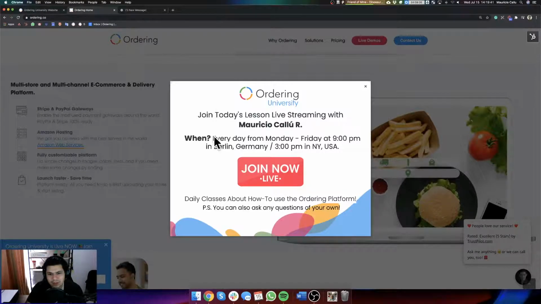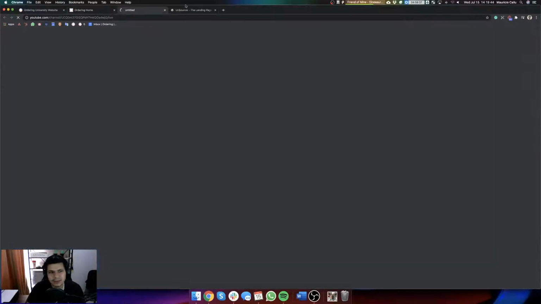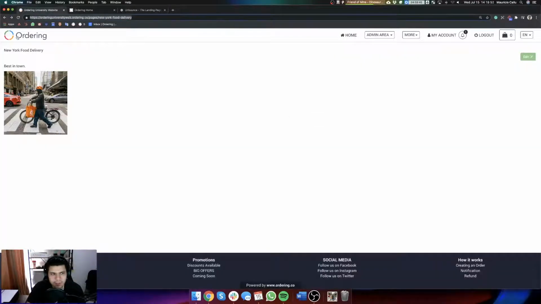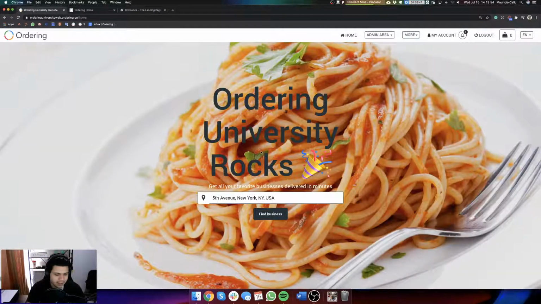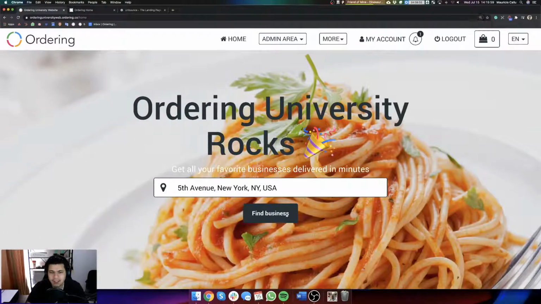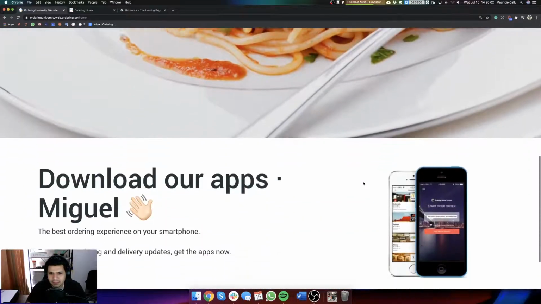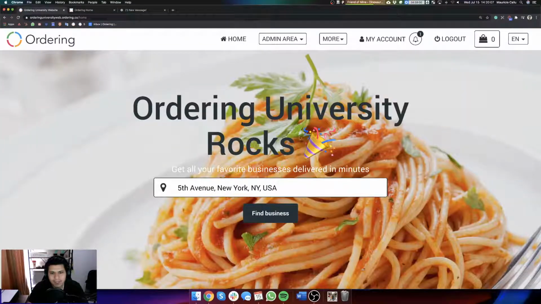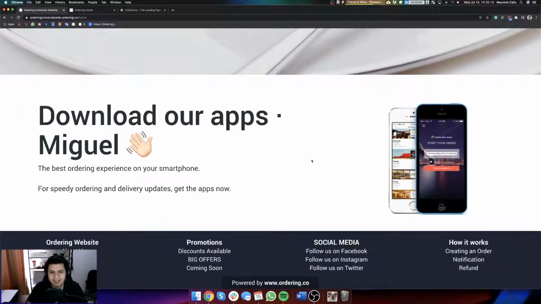A lot of you are getting here just by clicking this button, which is very cool, very important. So imagine you can create, if someone is here in your ordering website on the homepage, and then they scroll a little bit like this, you can create one pop-up that shows when the page has been scrolled down 50% or 60% or something like that, and then that pop-up shows and it's saying something like,